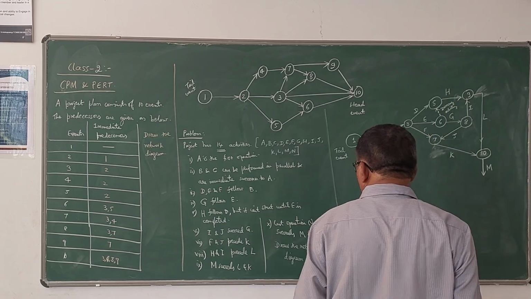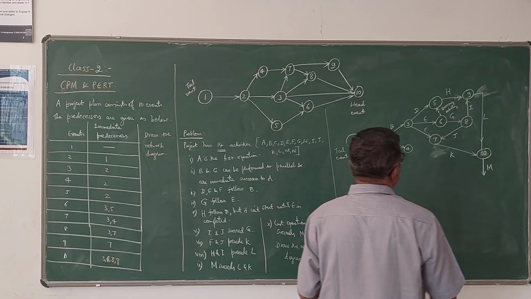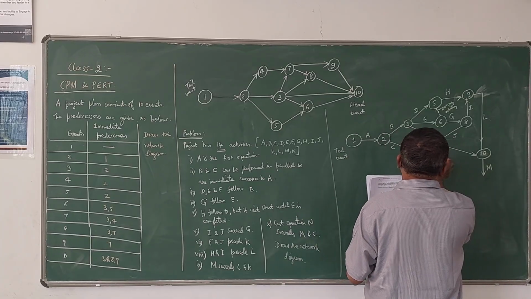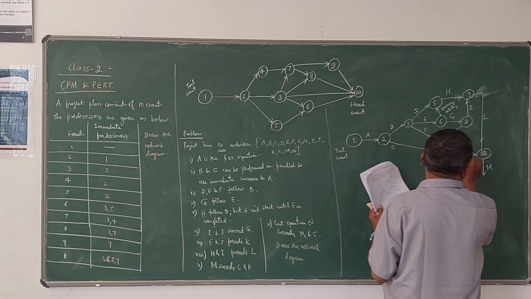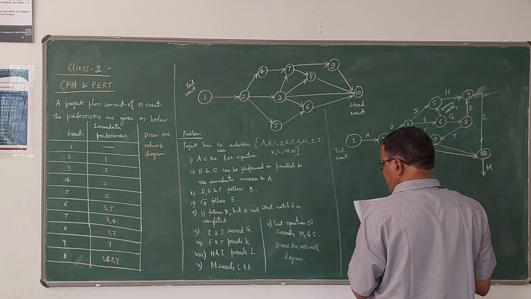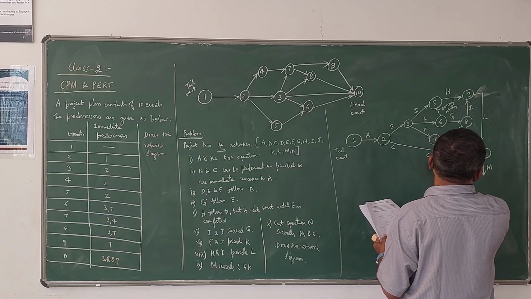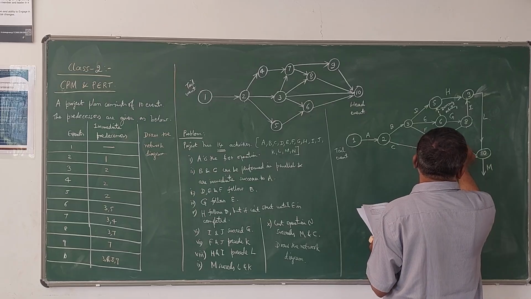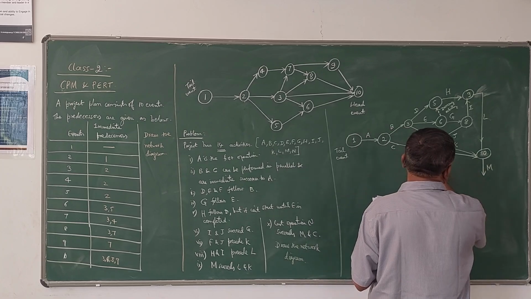Then lastly you have the last operation, N succeeds M and C. M and C, C is here. So I have to connect this C to this M. I have to connect this C to this. Okay. M and C. What is this one? K. Yeah. So here M and C